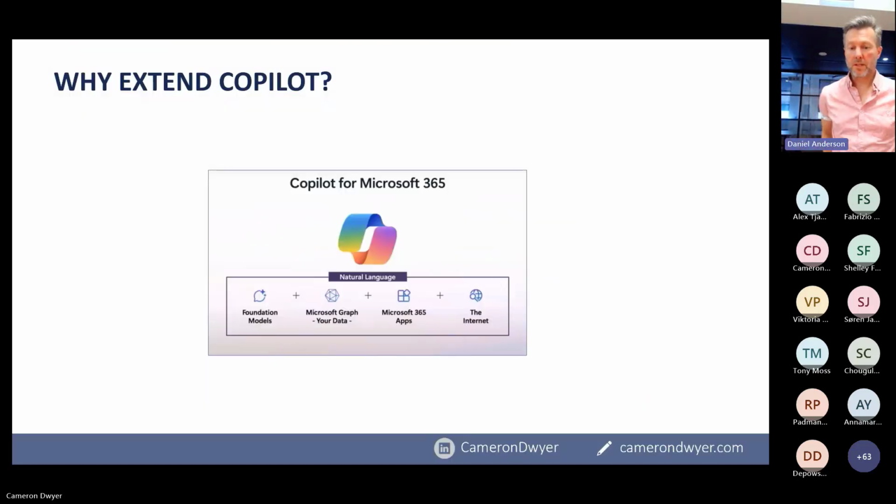So let's talk about why we extend Microsoft 365 Copilot and talk about what we get out of the box. So really, what Microsoft 365 Copilot brings to us is the LLMs, the foundational models, based on ChatGPT and all that data that's been ingested from the worldwide knowledge. And on top of that, you also get your data that's in Microsoft 365: your SharePoint documents, your OneDrive, emails, calendar, things like that. That's your data inside of Microsoft 365, so it's grounded in that as well.